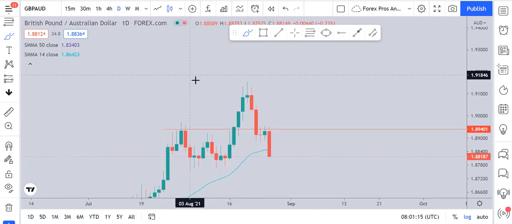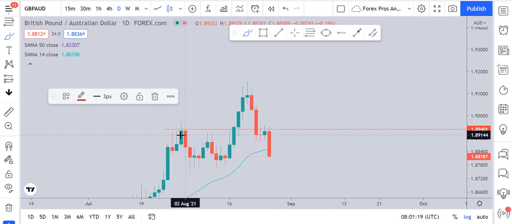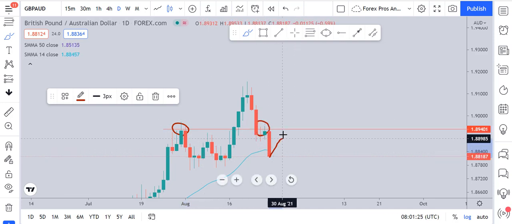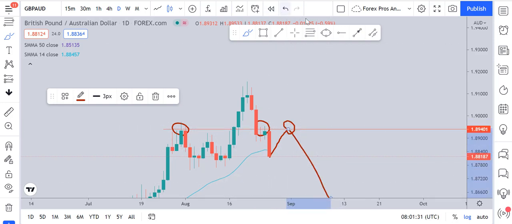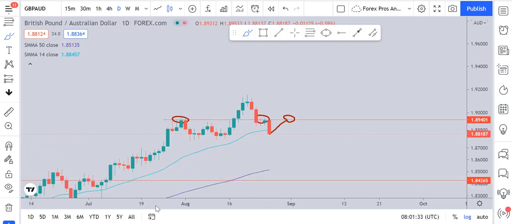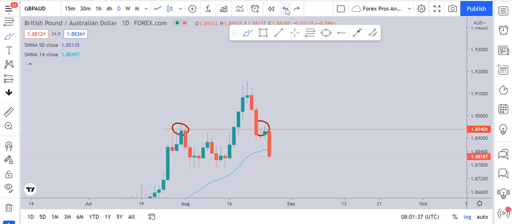Now moving down to the daily time frame, the resistance, the target which we have plotted, is a very good resistance. It was respected at this point, and it was respected at this point, and whenever the market comes back up to this point, we can expect it to give us a good entry to the downside. Our downward target is also plotted at 1.84265. These things are quite simple.